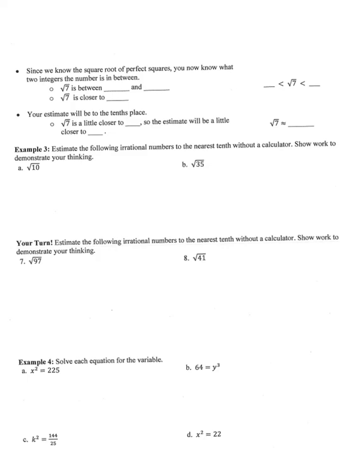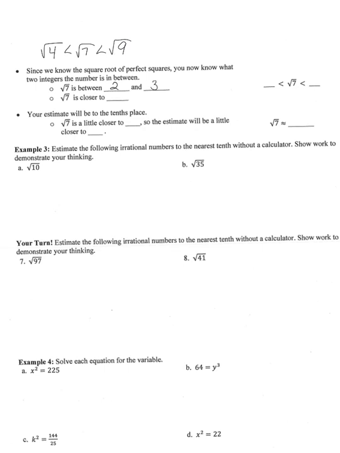So where we left off on the last video was identifying that the square root of 7 fell between the square root of 4 and 9. Since we know the square roots of those perfect squares, now we can figure out what two integers the number is in between. So the square root of 4 is 2, and the square root of 9